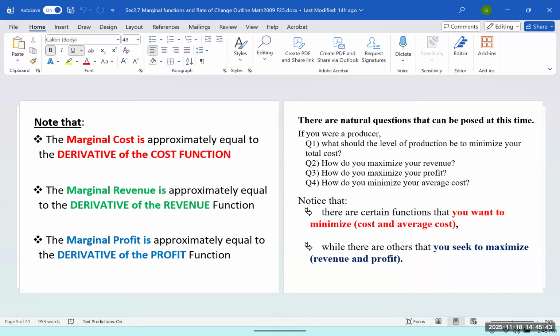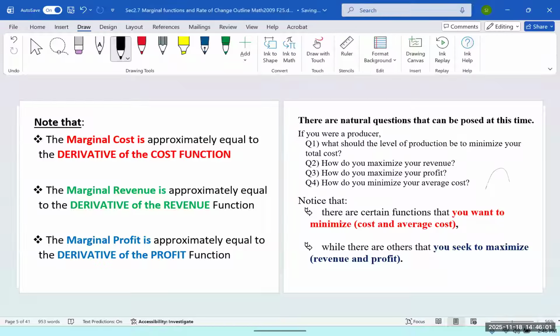If you want to find the maximum or minimum of something, you can take the derivative of the function and then set the derivative equal to 0. That will tell you where you have a maximum or a minimum of your function. Why is that? Because when you set the derivative equal to 0, that means your function has a bump. At that point, the derivative is 0. When you have a bump, there are two situations: either you have a downward bump, so you have a maximum, or you have an upward bump, so you have a minimum.